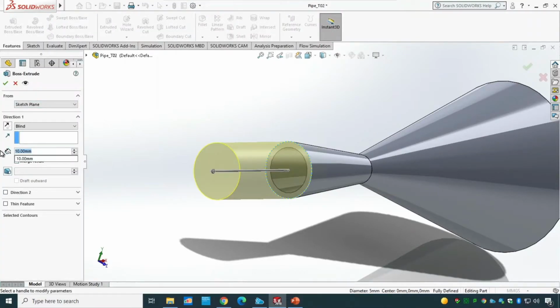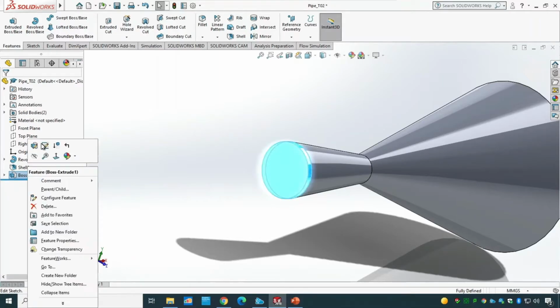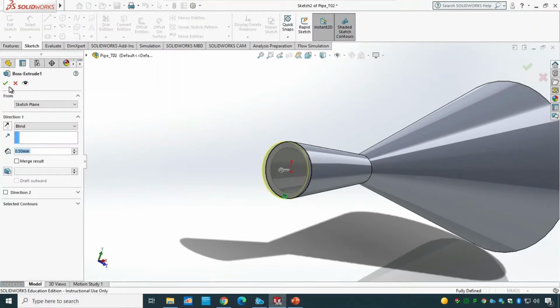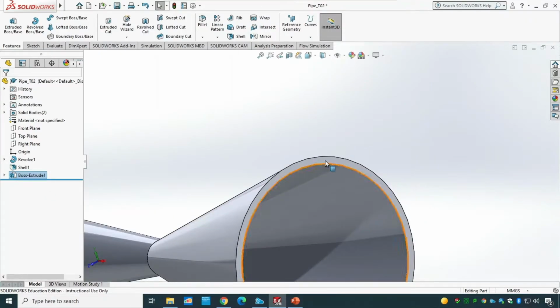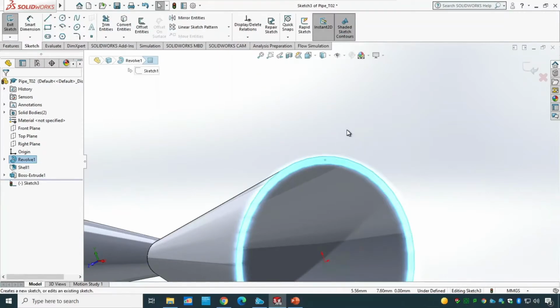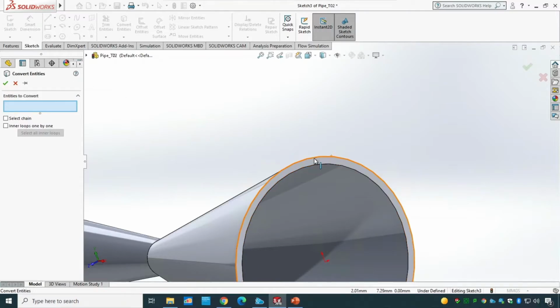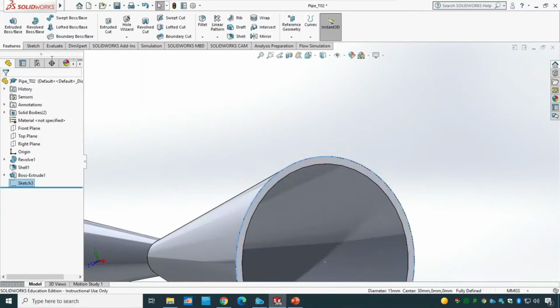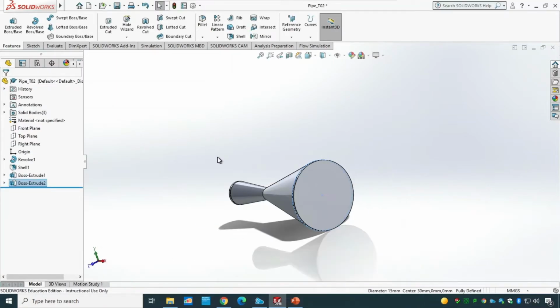rather than 2 mil, because I have a really small model, I'm gonna put a 0.5 millimeter and make sure they are unmerged. Let me double check whether they are unmerged. Yeah, unmerged. And I'm gonna repeat the same things on the bigger side. Go there, create a new sketch on there, highlight the outer circle, convert entities. Okay, and exit the sketch, extrude of that bigger circle 0.5 millimeter, unmerge the result, and you can see like